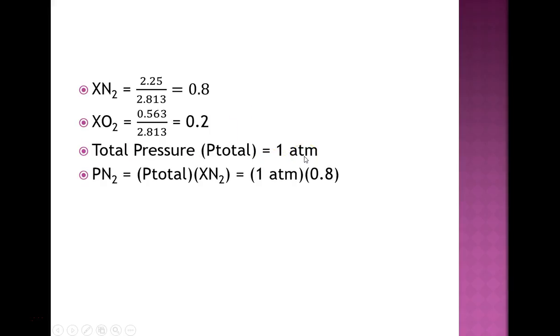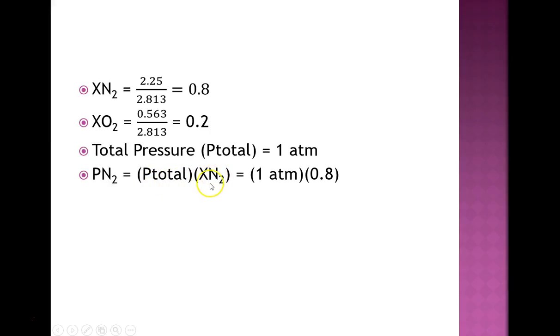The mole fraction of oxygen is the number of moles of oxygen divided by the total number of moles. That in your calculator, you should get 0.2. Remember, the total pressure was 1 atmosphere. So we can determine the partial pressure of each gas now that we have the mole fractions. So the partial pressure of nitrogen gas is equal to the total pressure times the mole fraction